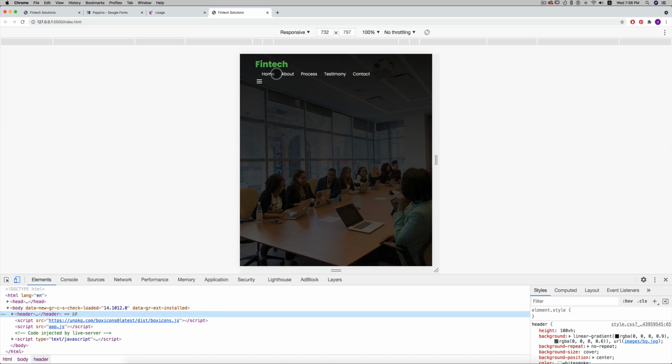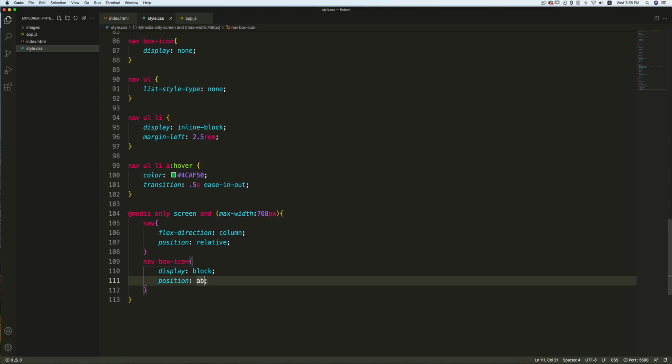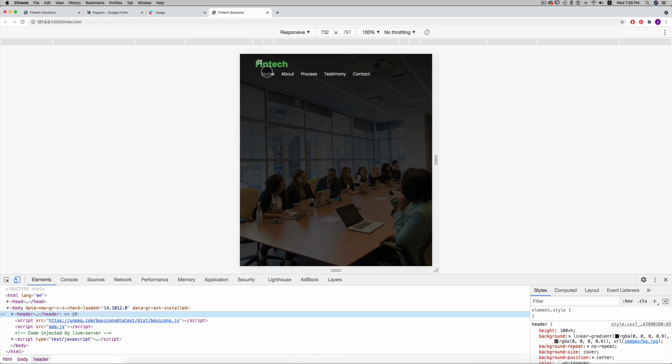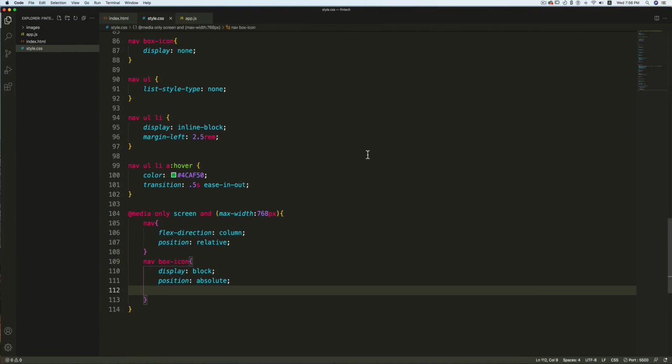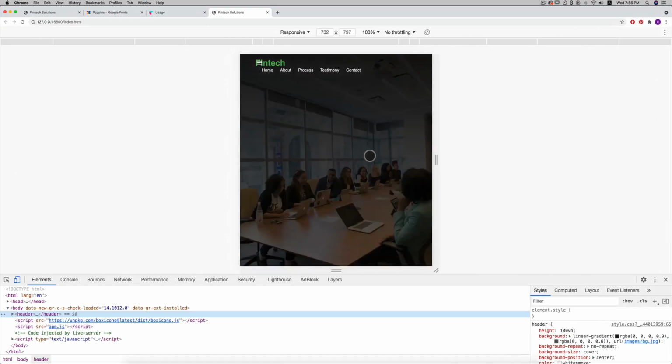navigation nav element. So I'm going to set position relative inside this, and here I'm going to set the position absolute. See, now it has moved up. So now I'm going to position this hamburger icon here. So I'll write top 18 pixel. So from top it will be 18 pixel, and from right it's going to be 32 pixel. Okay, let's save. See, now it is here.